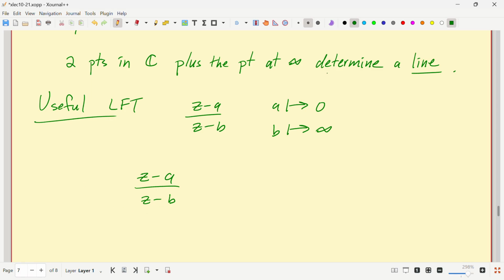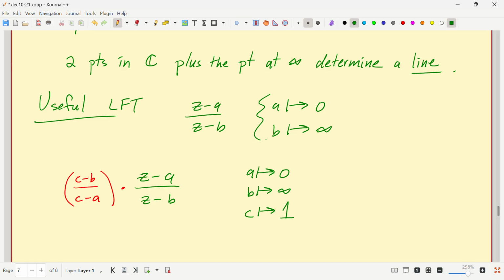Then I would take here, let's see, C minus B over C minus A. That still takes A to 0. It takes B to the point at infinity still. But now it takes C to 1. And that's going to be a useful thing to know, because you can very often